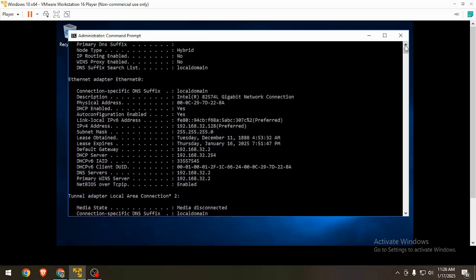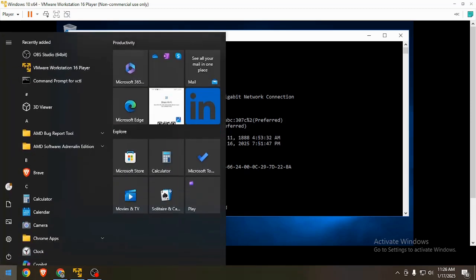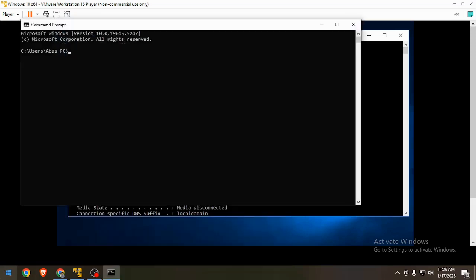Here are the details of our own virtual machine's IP address, and we are going to compare it with our own device's CMD command prompt.